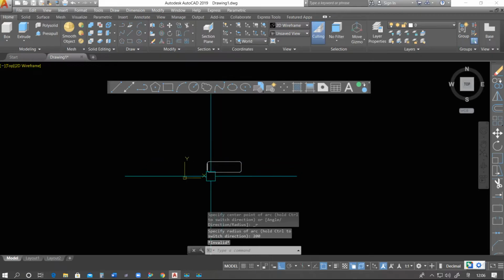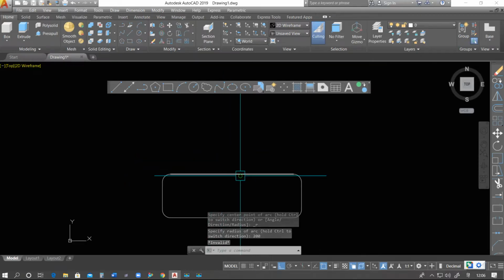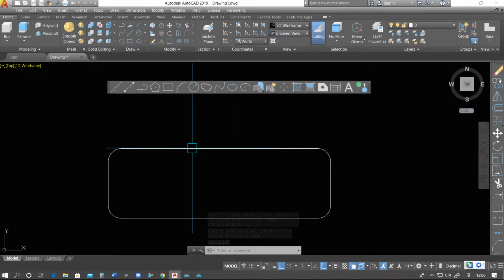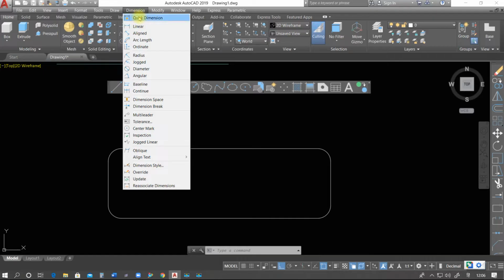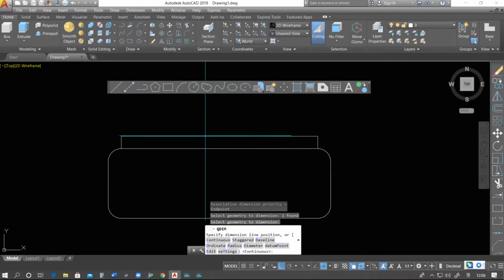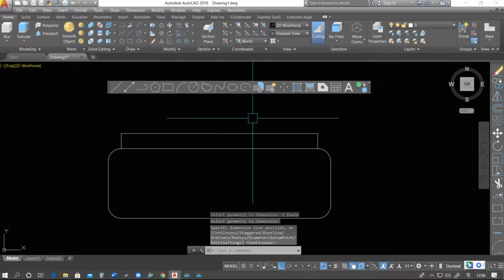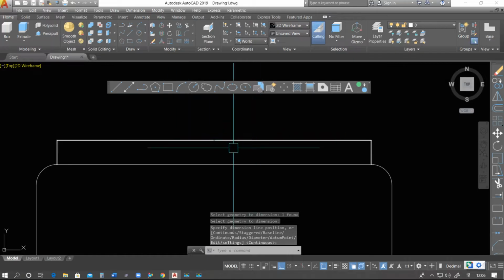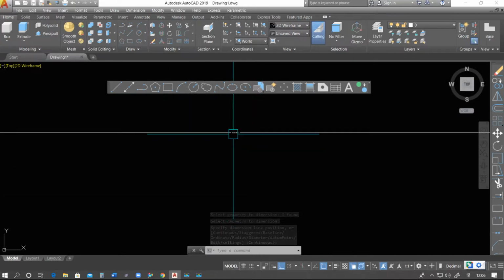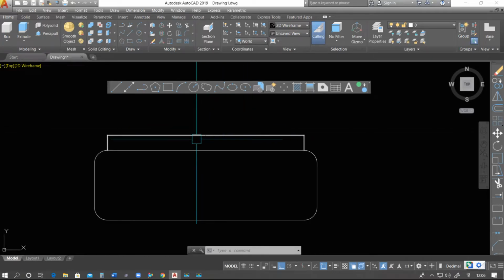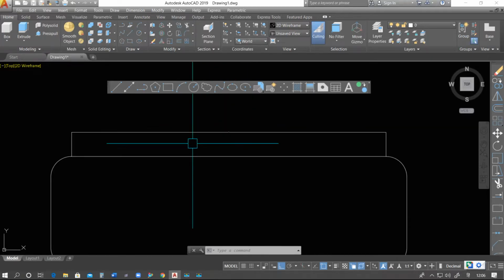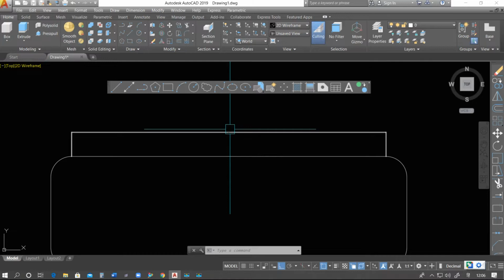you see there is no arc, it has terminated. Before this we have to know the dimension of this one. How to see dimension? Quick dimension, select this one, right click, yes, you see the dimension is not visible. For this we have to zoom, then only we can see. So how to increase the size of the text?